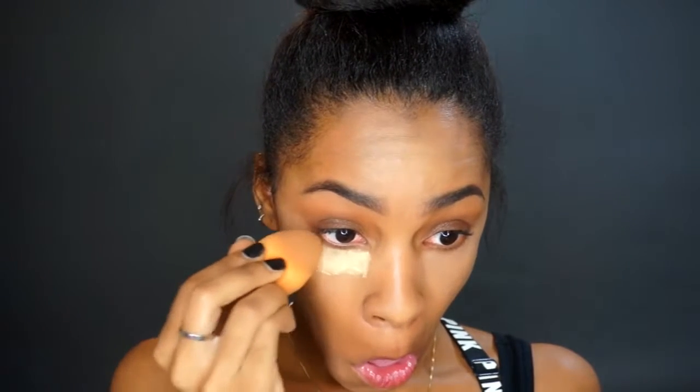and I love this concealer because it's super creamy. I thought that the NARS Radiant Creamy Concealer was the creamiest concealer I've ever used, but this one is more creamy than that, and I forgot how much I actually really like it. And it's been making my under eyes look so, I don't know, just plump and moisturized. So I like it for that reason. And I am setting that with my